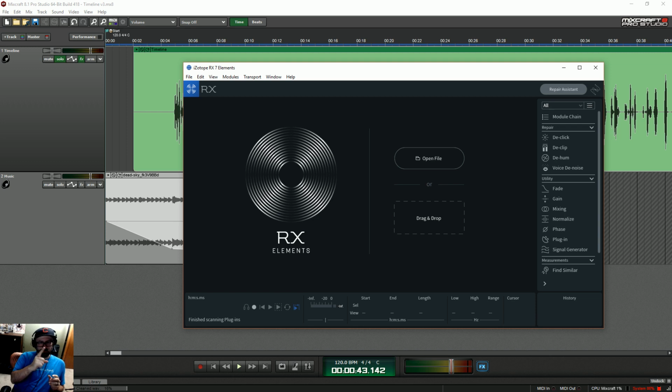And so every so often they'll have this on sale for $10. I always keep an eye out, and anytime they have it, if it's a newer version, like I had 6 before this, and then 7, and it's $10, it's worth it, if for nothing else, for this voice denoise that we're going to use here in a second once this is done exporting.